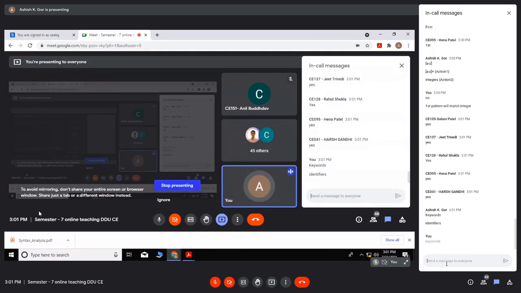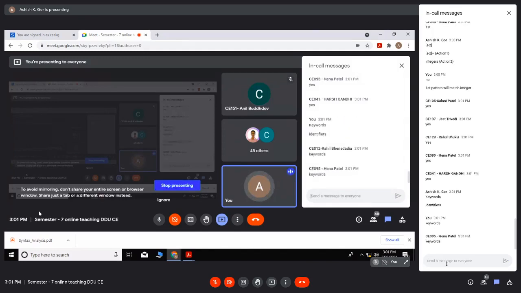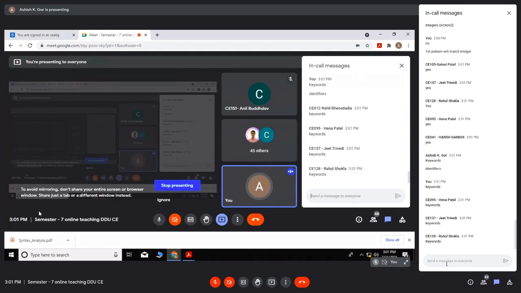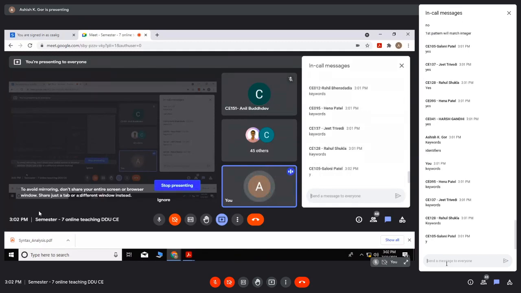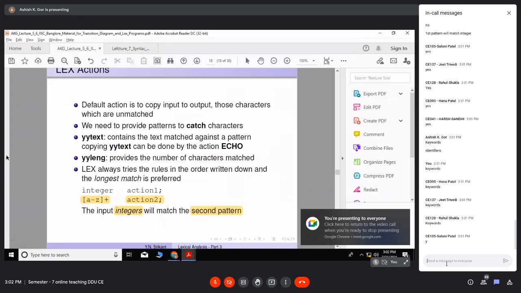Keywords means integer, float. You will write keywords first and then identifiers. Everybody getting it? Yes, because if you write keywords first, the keywords will be matched first. But if you write identifier first, everything will match the identifier and it will never be compared with the keyword case. So that should be the thing.